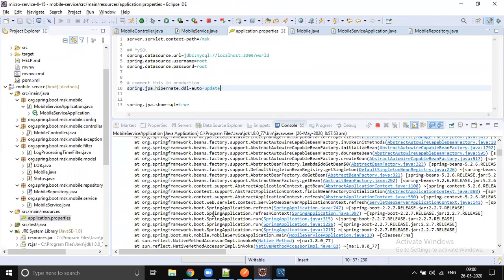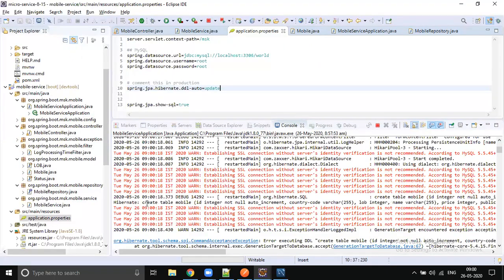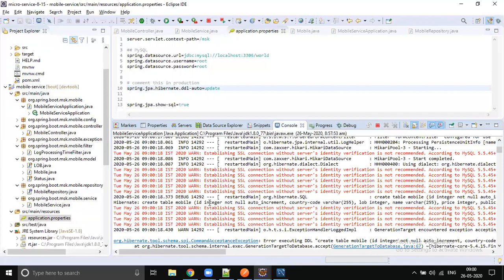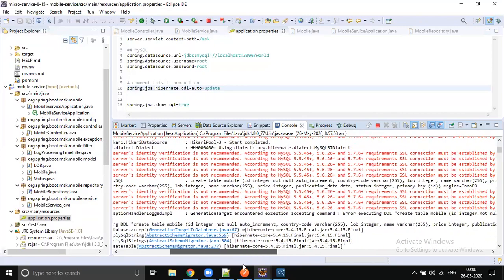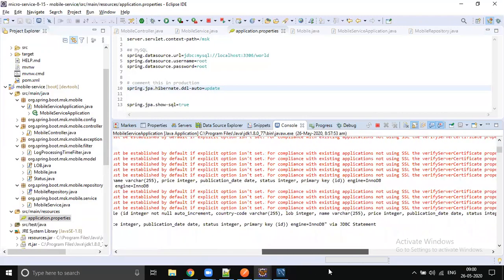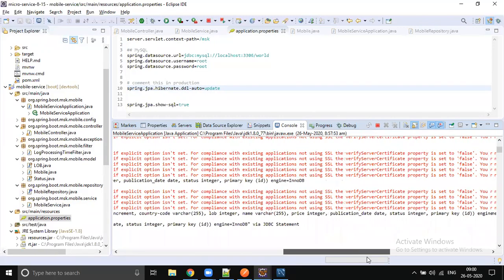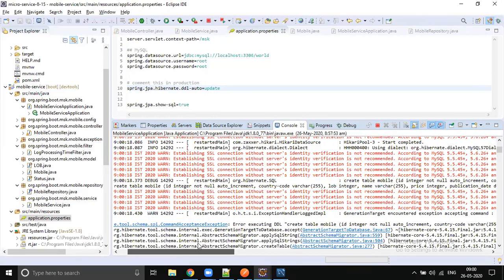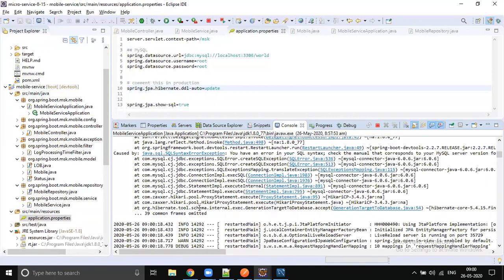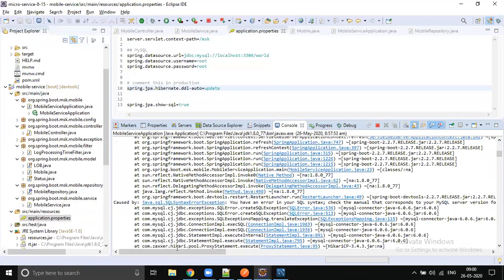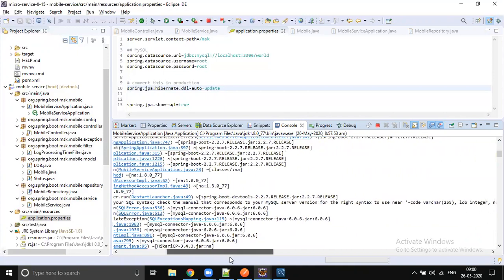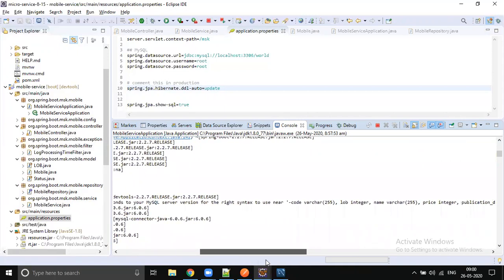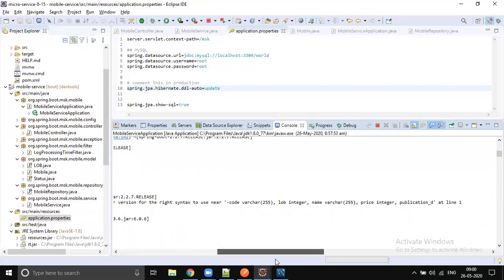So some query table creation exception. Create table mobile, ID integer not null auto increment, varchar 255, some kind of problem. Some syntactical problem via JDBC. Primary key. What is this query SQL exception we got? You have an error, check the manual that corresponds to your server version for varchar 255.